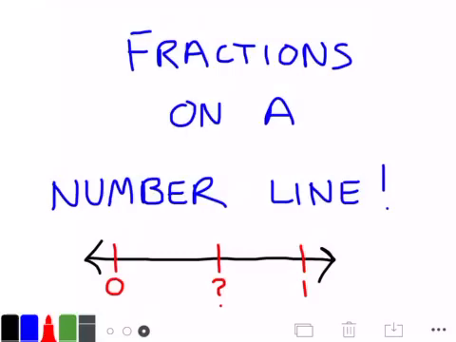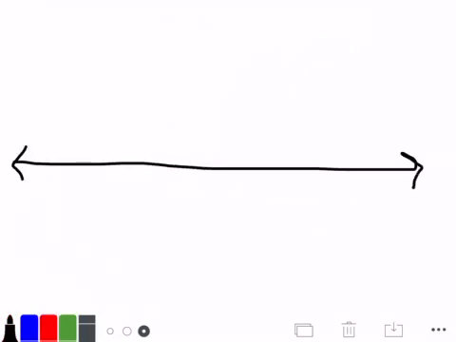Now this one's pretty easy, but we're going to get a bit more complicated. So let's get into the video. We're going to start with a simple number line, and you're going to see quite a few of these in your workbook today. And on this number line, I'm going to plot two numbers, 0 on my left, we'll put 1 on my right. So we're talking about one whole jump here, and we talked about that word last week,